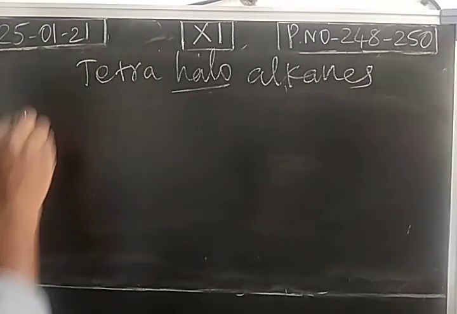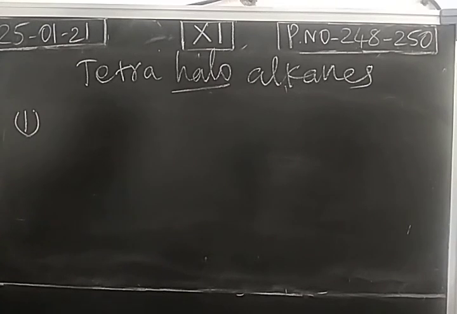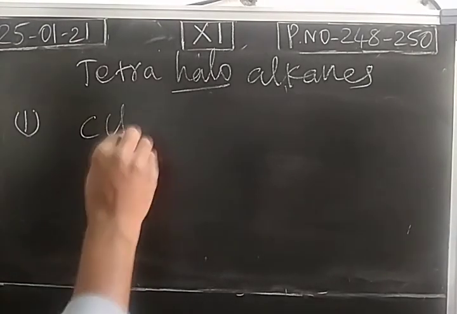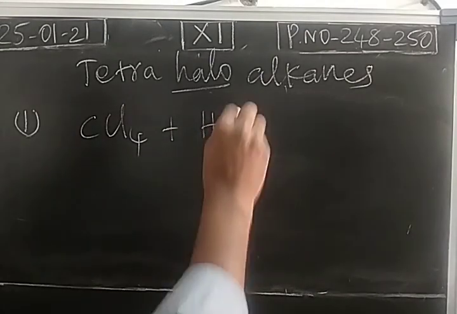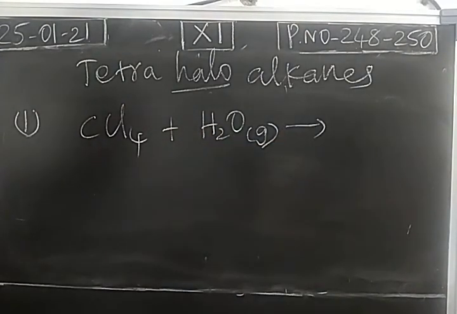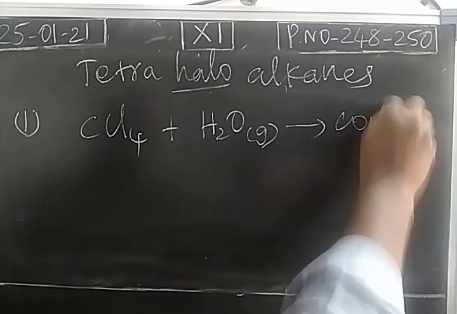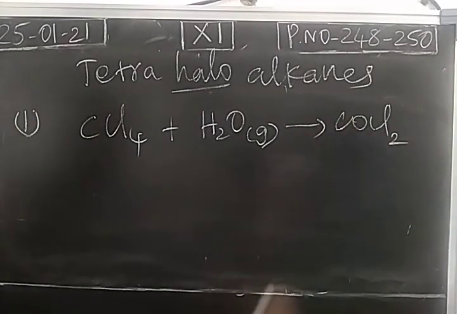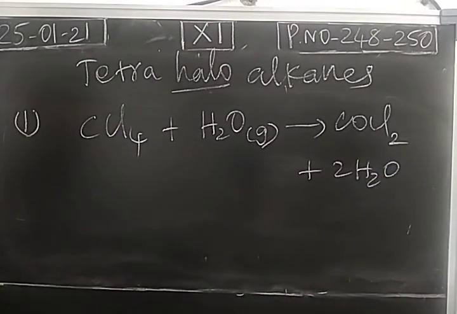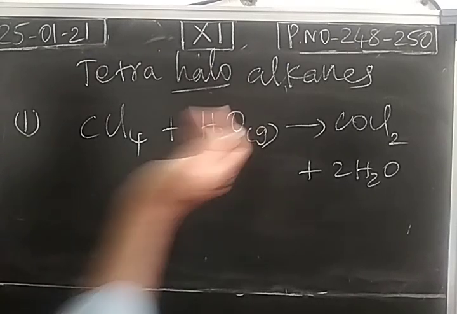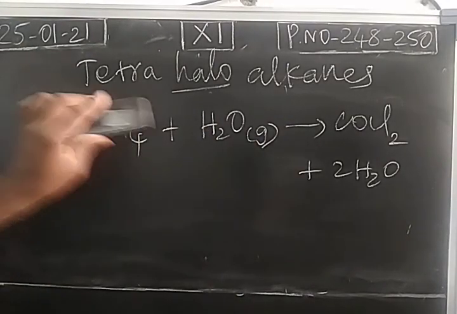And there are two chemical properties for carbon tetrachloride. Number one, oxidation process. For that, we can pass the vapors of hot water, or directly carbon tetrachloride reacts with hot water, and it forms the harmful poisonous phosgene. So carbonyl chloride is nothing but phosgene, which is formed due to oxidation of carbon tetrachloride. So oxygen is added with that. This is an oxidation process.